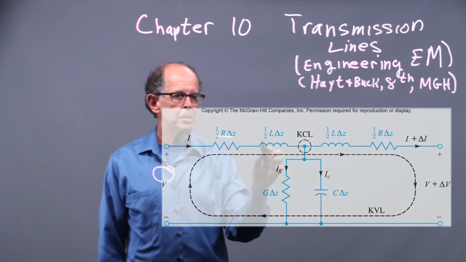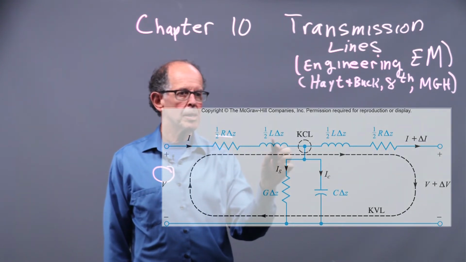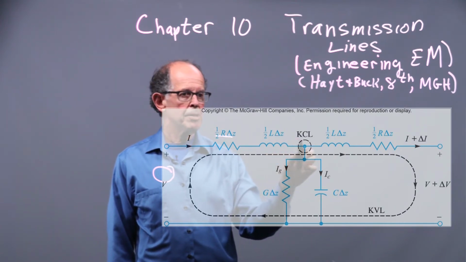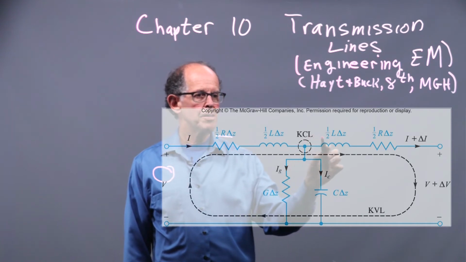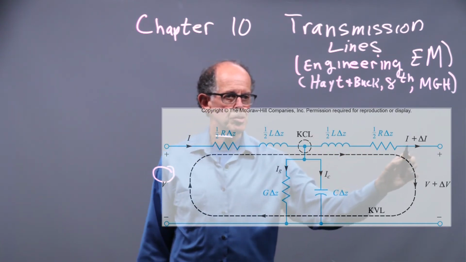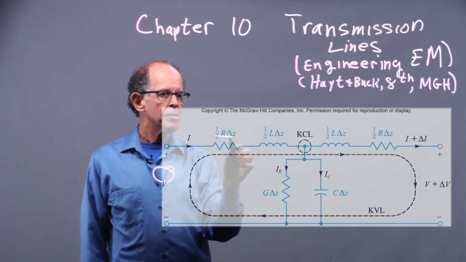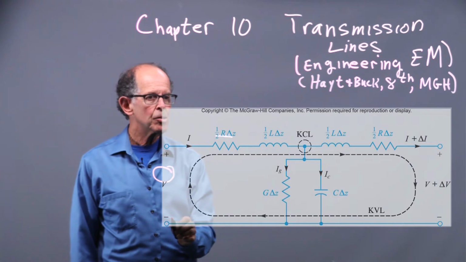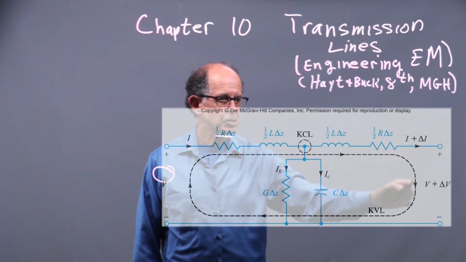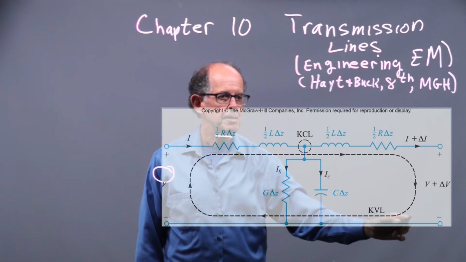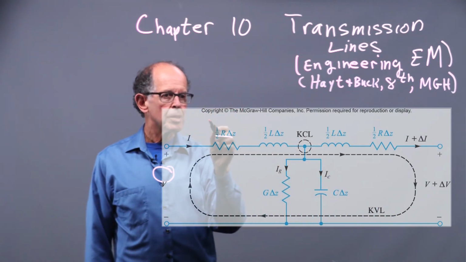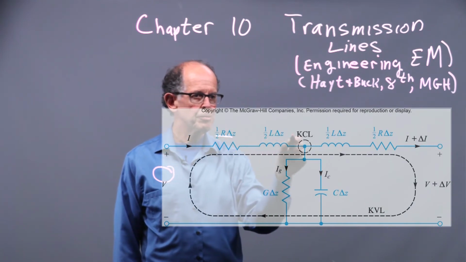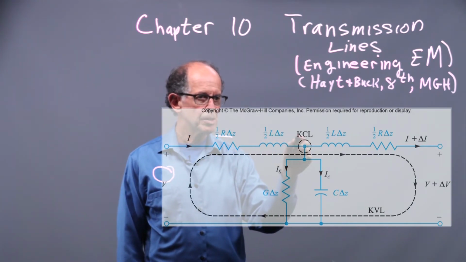So the resistance is R delta Z. A half is given for symmetry. Then we have a little bit of line inductance. So inductance per unit length times delta Z. And then we have a node here, and then the other half. So it's symmetrized in terms of description. So what we can think of is we have a voltage at this side across the terminal ends, and at the other side the voltage across is V plus delta V. We also have here as a model, and this is the new part, this shunt current from the node. So there's current that goes